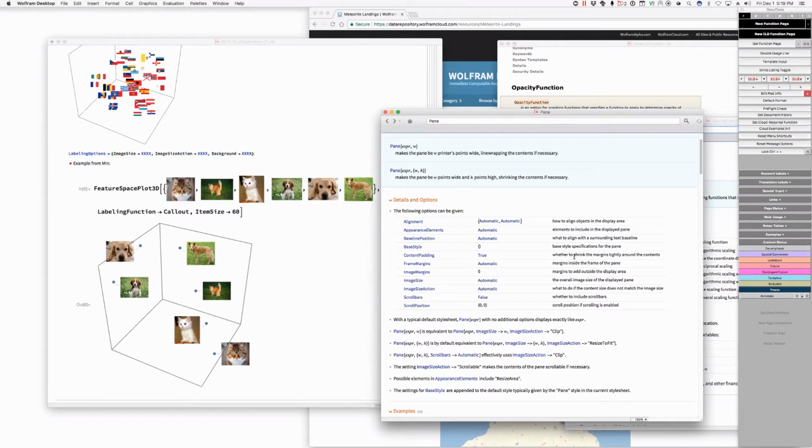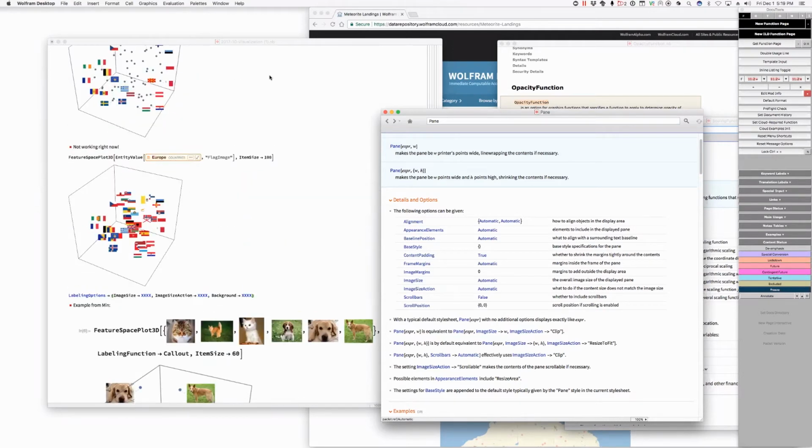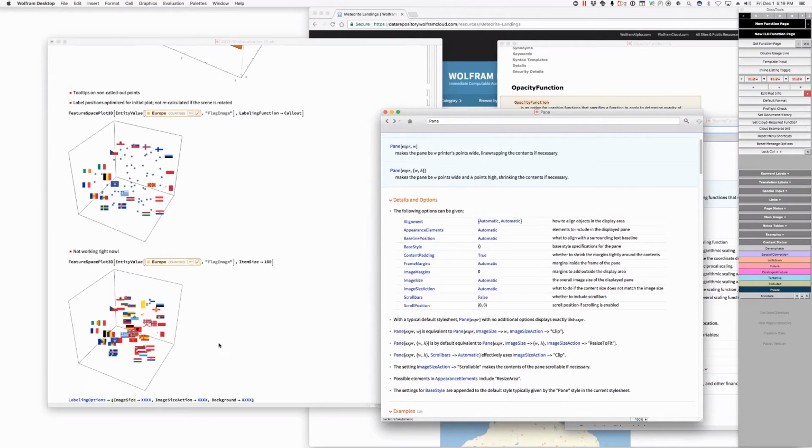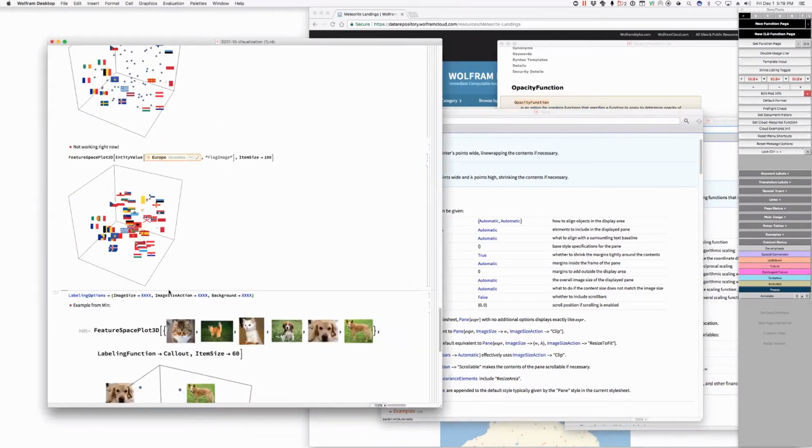I'm just imagining this with scroll bars. Yeah, well, that would be interesting, right? Actually, using a pane could be part of a labeling function. Right, and that's what this does in the case where it isn't an image or graphic. So if I do this thing here with text blocks, is that right? By default nothing would happen, because with callout size going to automatic, text just